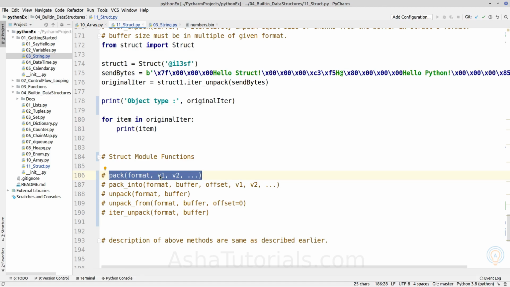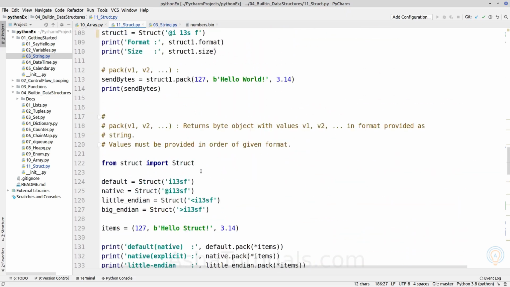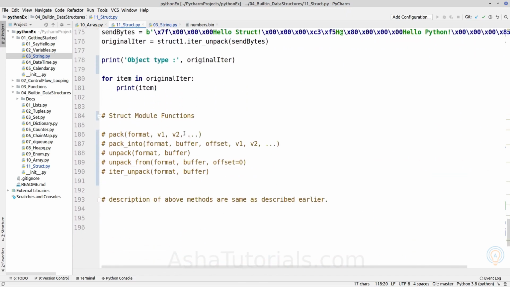The same methods we saw for the Struct class, the struct module also contains the same set of functions. We saw pack, which was only taking values here. So without constructing a struct object, we can directly use these functions: pack, pack_into, unpack, unpack_from, and iter_unpack, which take the format as an explicit argument.